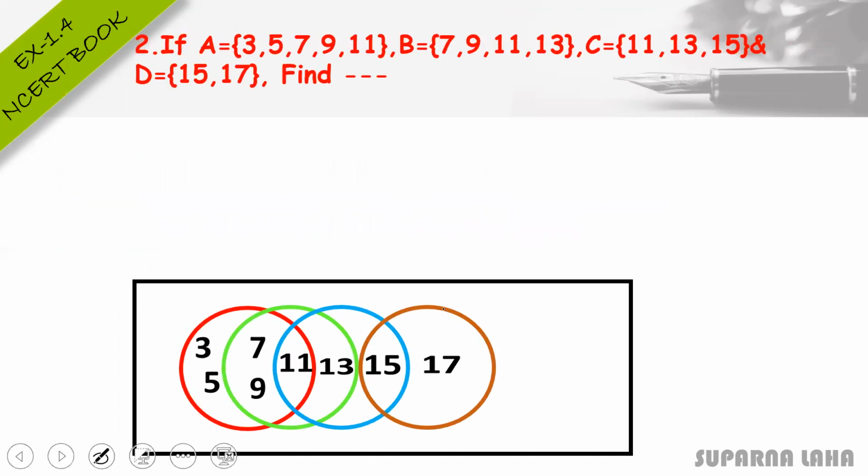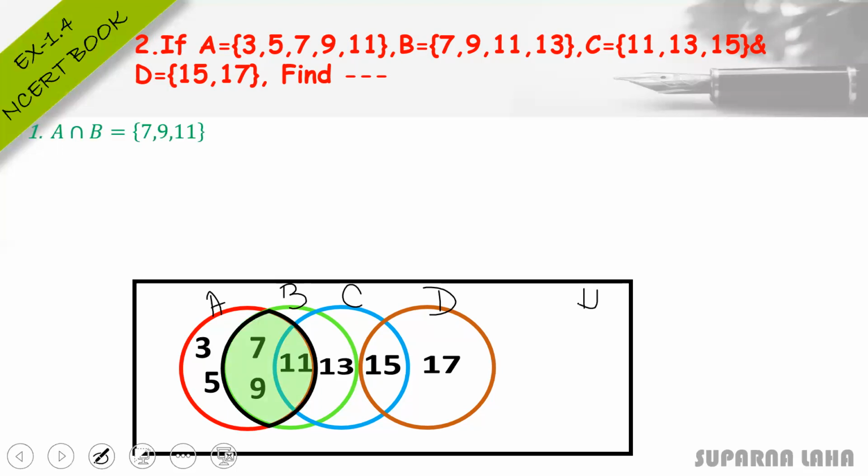Okay. So next one, taking these 4 sets. A is 3, 5, 7, 9. B is the green one, 7, 9, 11, 13. The sky blue one is C, 11, 13 and 15. And 15 and 17 is D. So these are the 4 sets. Now this is your universal set. Now you need to find